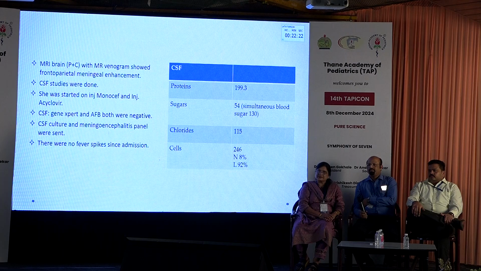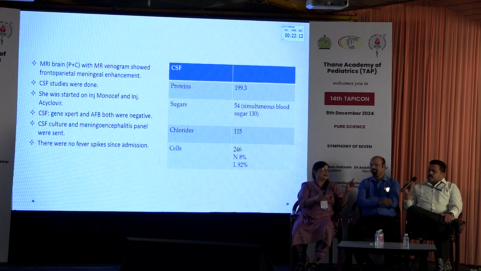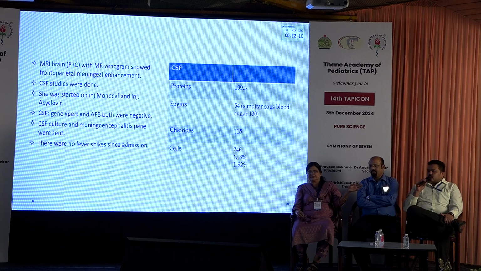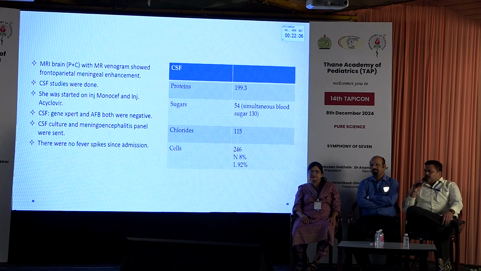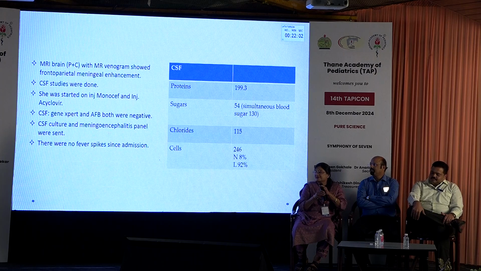Onset, progressive symptomatology with CSF pleocytosis, lymphocytic predominance. What more do we want? I mean, investigate more for TB. Then all the other investigations come later. Yeah, TB is the first, there is no doubt about it. And partially treated pyogenic meningitis, maybe. Those are the first. Since she's asking for other differentials, that is why GeneXpert also we had sent, but it came out to be negative.